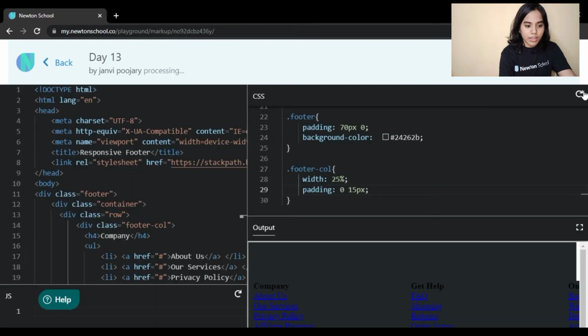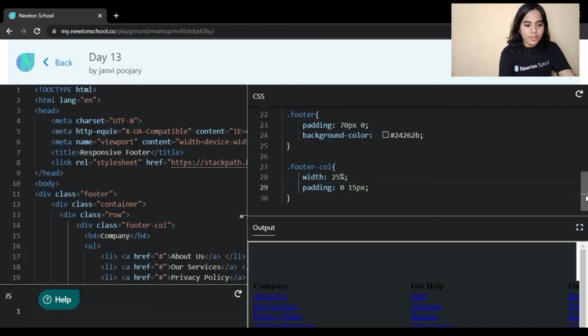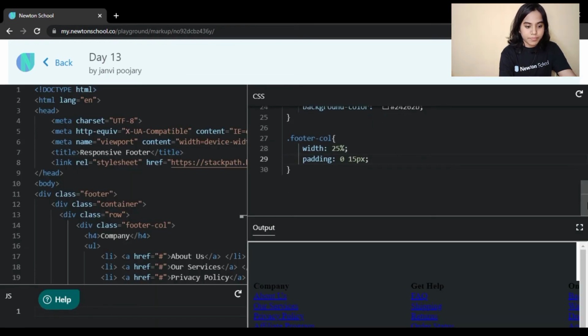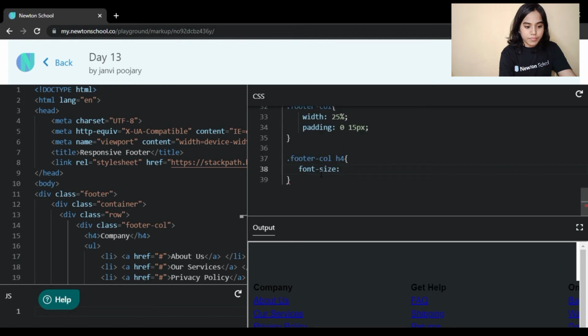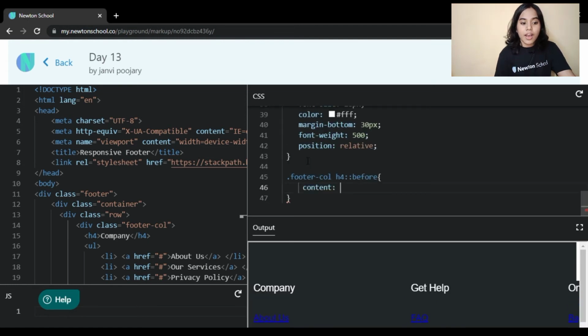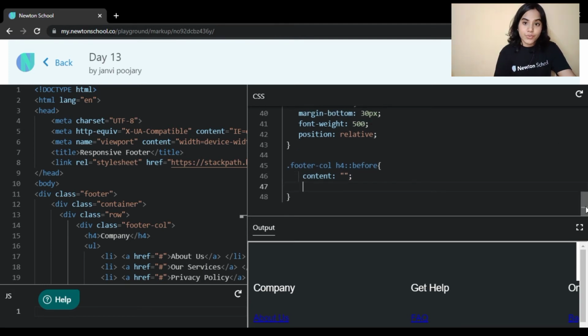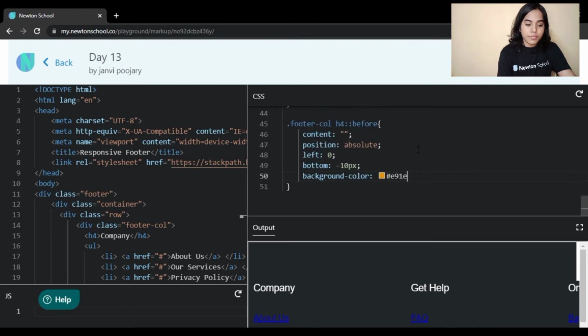Here we will target all our h4 and style them. I am using the before pseudo-element because we want that underline to beautify our h4.